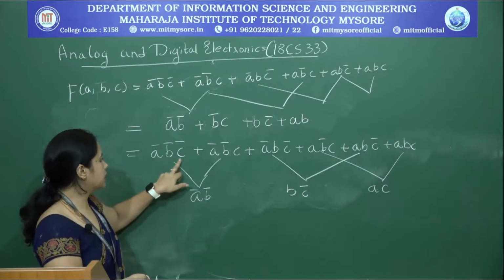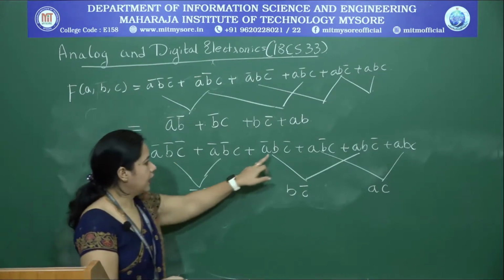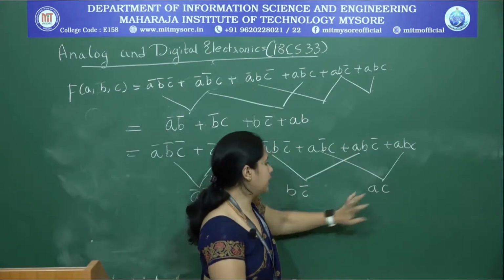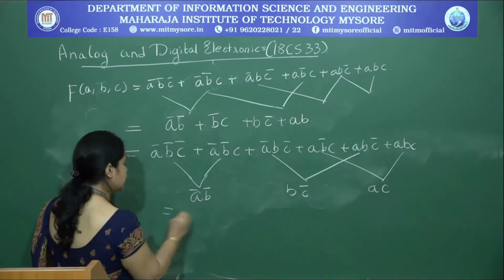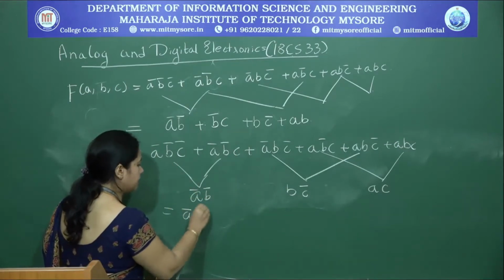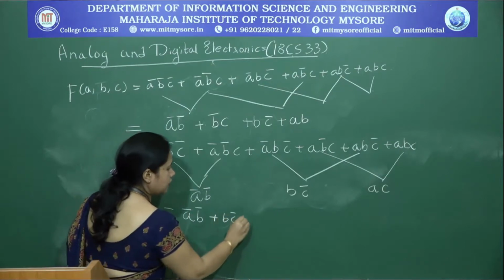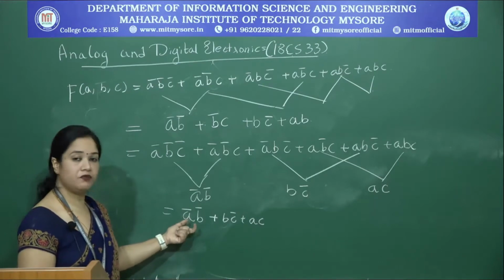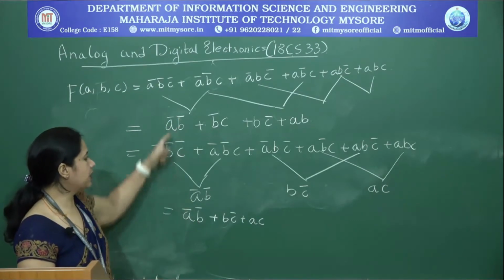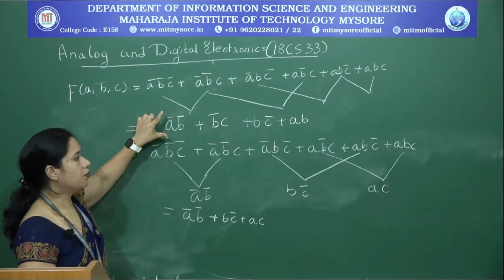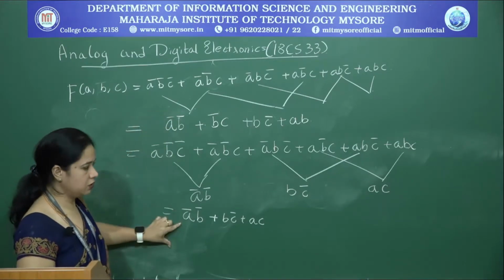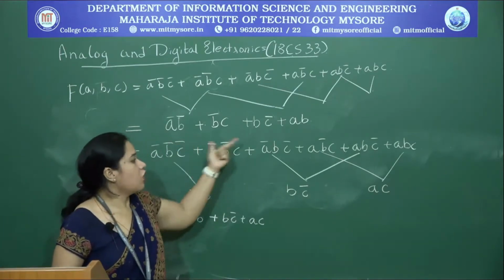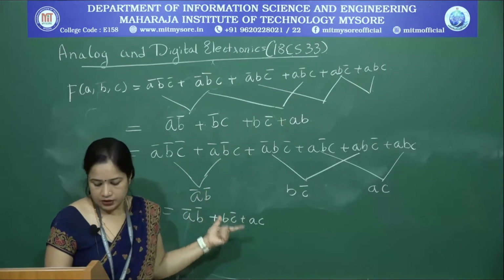Okay, I am trying out a different pair of combinations. If you can see here C is eliminated, we get A bar B bar, and here A is eliminated, we get B C bar, and here B is eliminated, we get AC. As a result, this particular order gives me a simplified expression, and it is not possible for me to further apply the consensus theorem. So, we will stop at this point. If you compare these two, this is ruled out because this is not a minimal solution. This happens to be a minimal solution. So, we will try out one more approach, one more combination, and see what result we get.